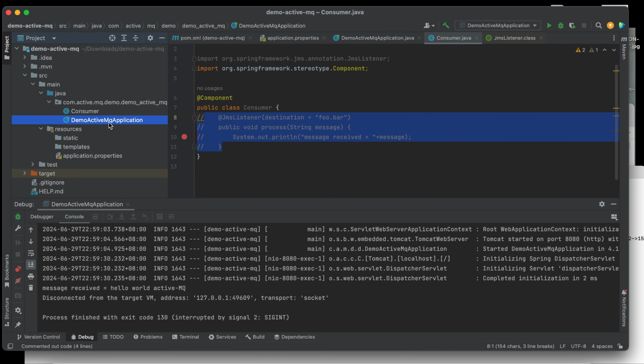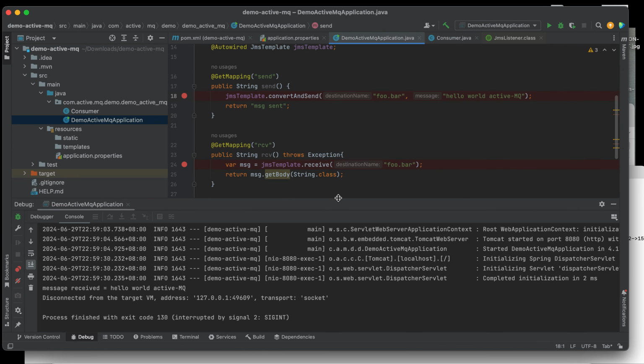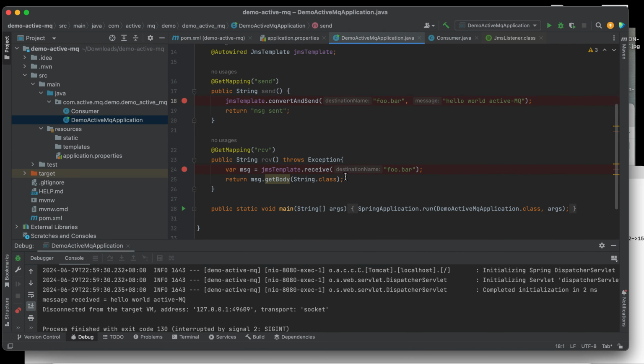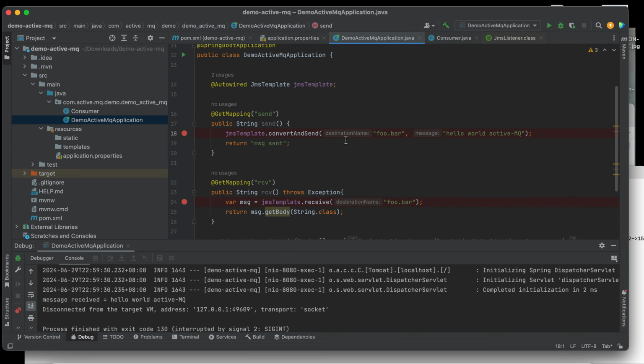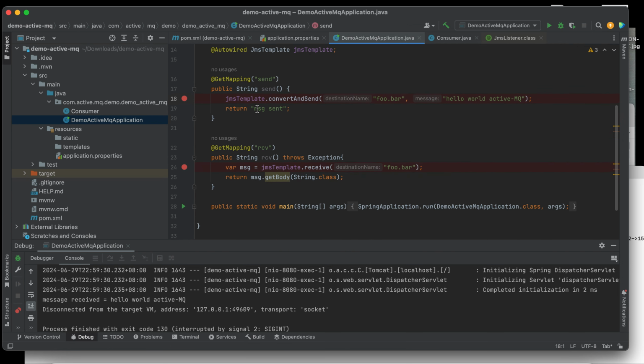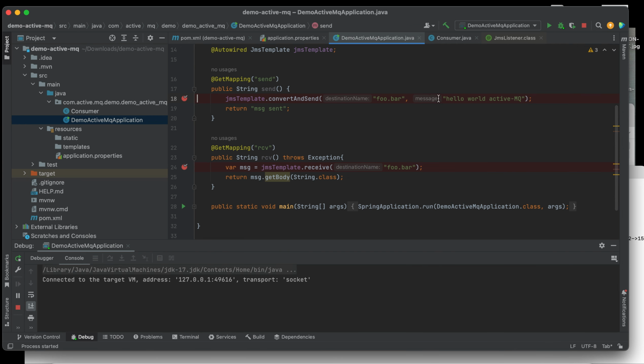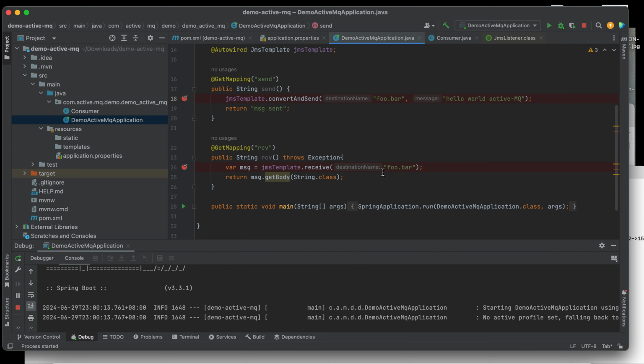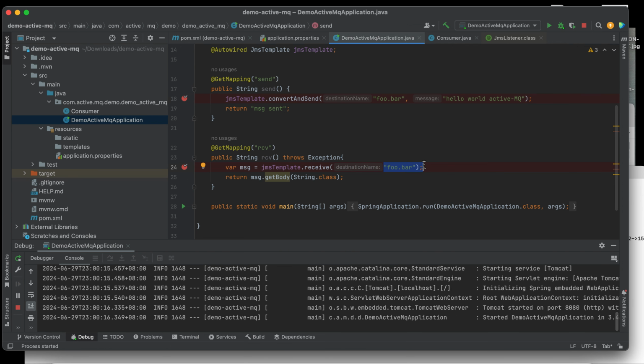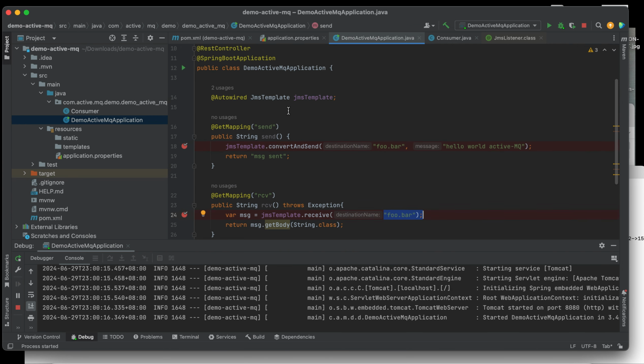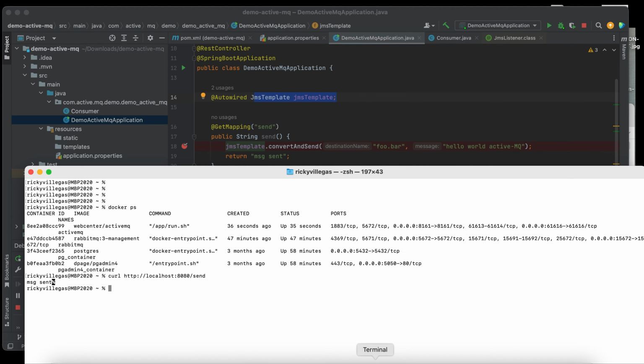For the meantime, I will explain first how to do it manually. Again, as I said, I will send a message to this queue name, and I will retrieve it manually using this same API, JMS template. So again, let me send.